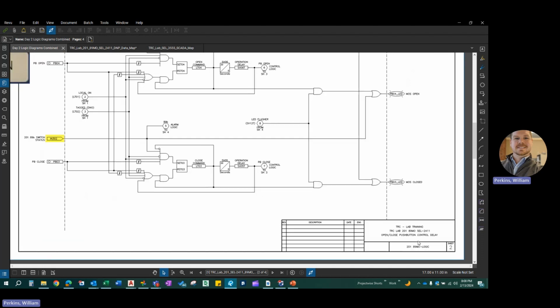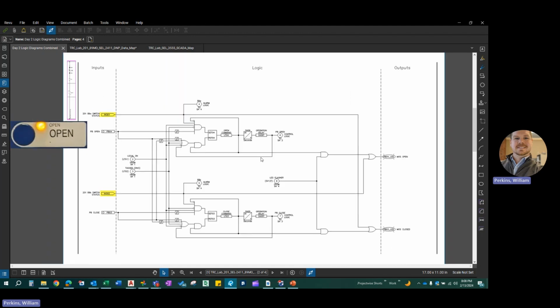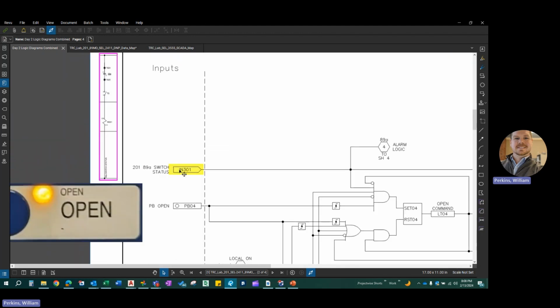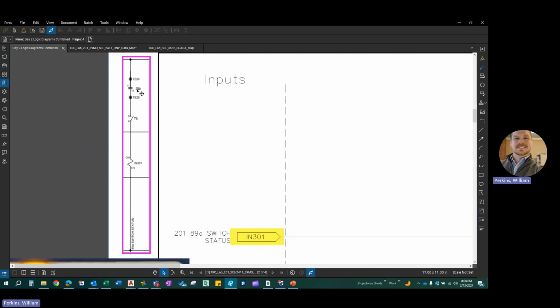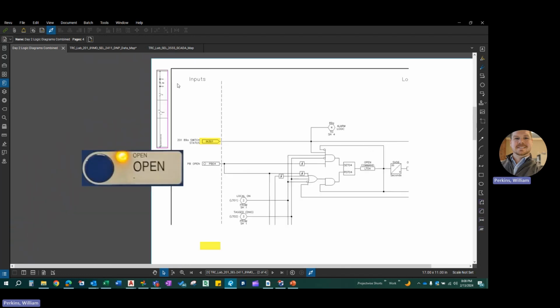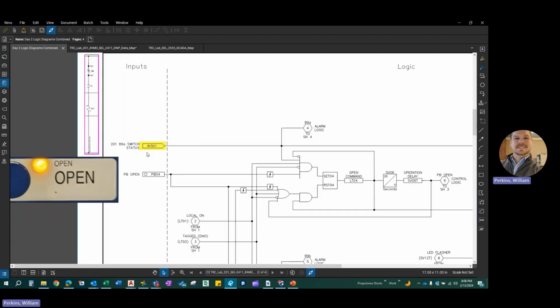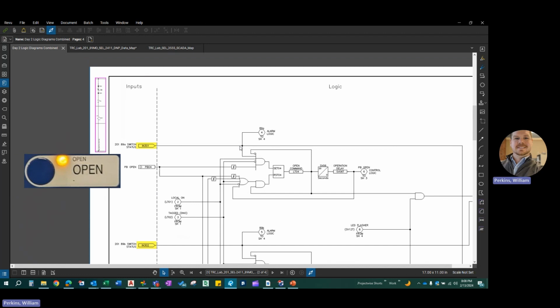Again, we're looking at the motor operator logic from within the 2411. I wanted to point out again a physical input, so this is IN301. If we reference back to our elementary diagram, this is where our 89A physical contact came into 301. So when the switch is closed, this will pick up, and internal to the 2411 in the logic, this point right here, IN301, becomes high, and it will go through the logic as a logical 1 and hit your AND gates, your OR gates, your latches and resets,